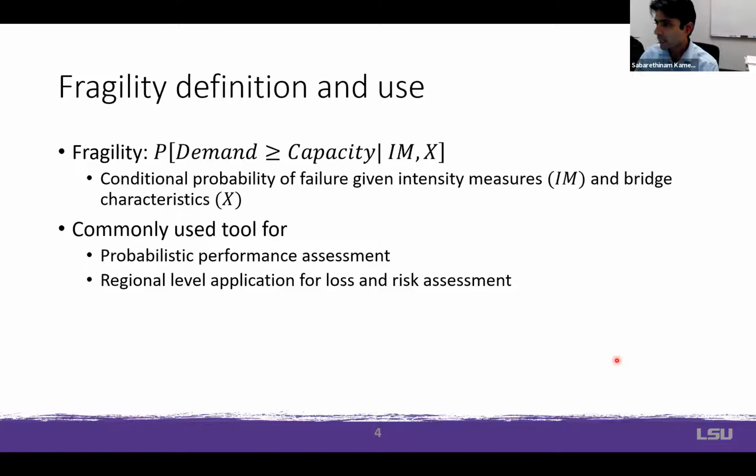So just before I dive into the whole workflow and talk about fragilities, I just want to give a brief background on what is a fragility and what are they used for. So a fragility is a conditional failure probability model, which says what is the probability that a demand is exceeding a given level of capacity, for a given hazard intensity, which is IM, and X are structural properties. In our case, this is bridge properties. So this could be number of spans, length of spans, column diameters, column size, reinforcement, and all of those bridge parameters. So essentially, fragility is a conditional probability statement. For a given hazard, it tells us what is the probability of exceeding a certain capacity.